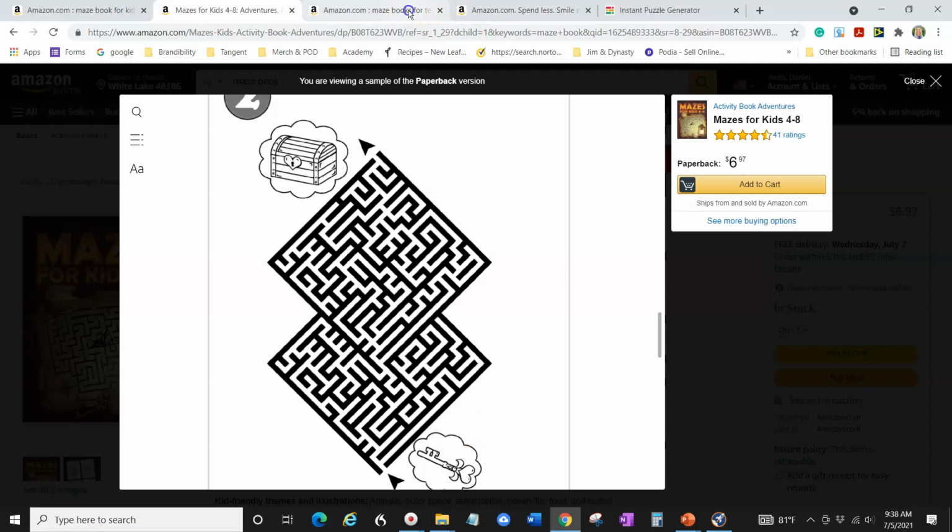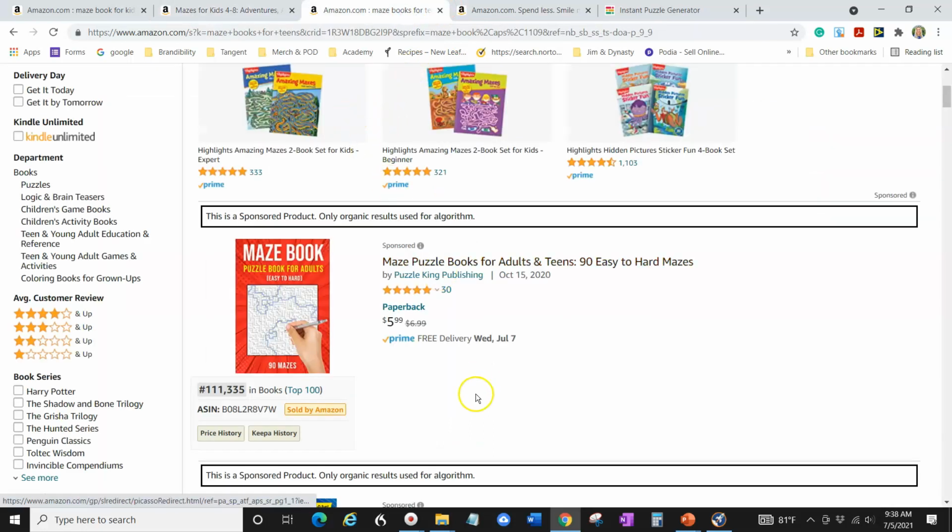Okay, so I just wanted to go through. There's maze books for teens, which will obviously be a little bit more complex, but this book does really well. And there's not too many maze books for teens. Now, granted, teens are probably not your ideal audience for mazes. It usually tends to be adults who like that brain activity. But what about large print maze books for seniors, to help them? Puzzle books and things like that help keep your mind sharp. So you could do a focus like that.